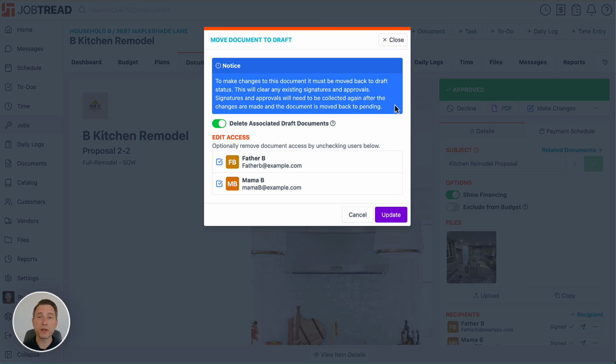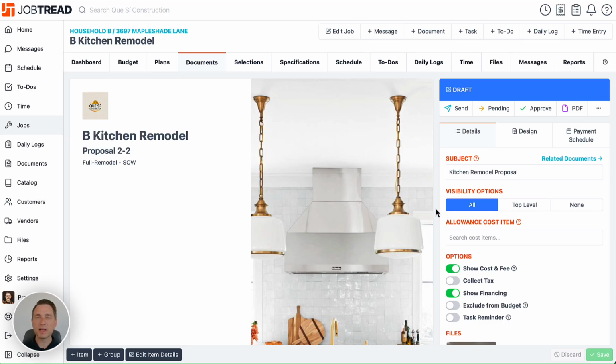You can choose whether or not you'd like to delete the associated draft documents tied to this specific document that you're making changes to. You can choose to remove access to any of the people that you've given access to this document. And once you're ready to make those changes, you can click Update. This document has now been moved back into draft state,